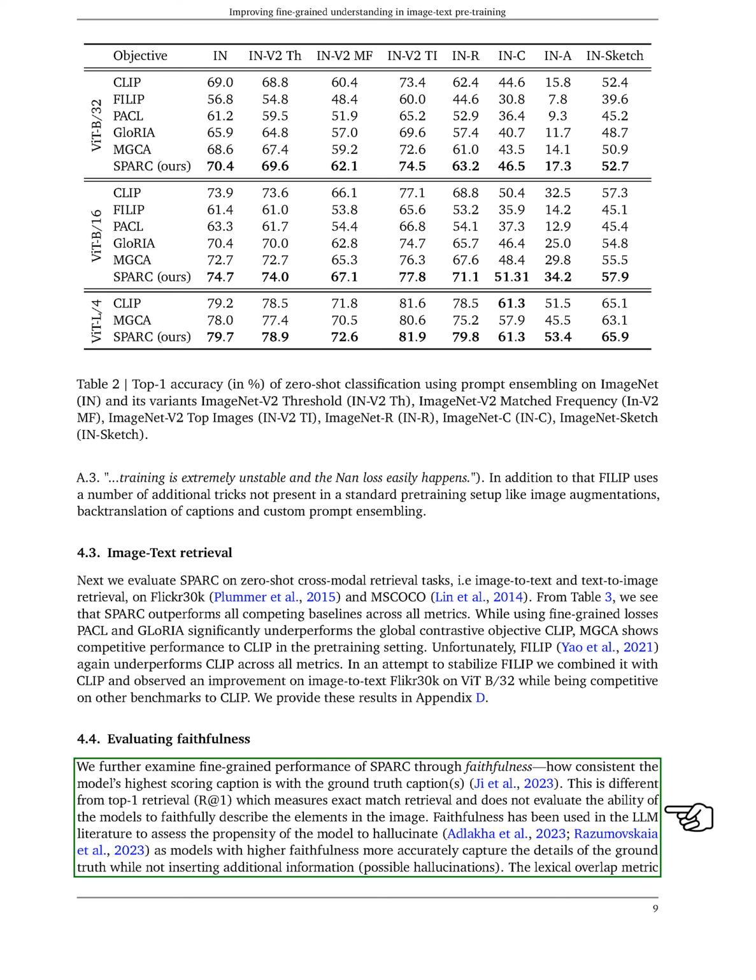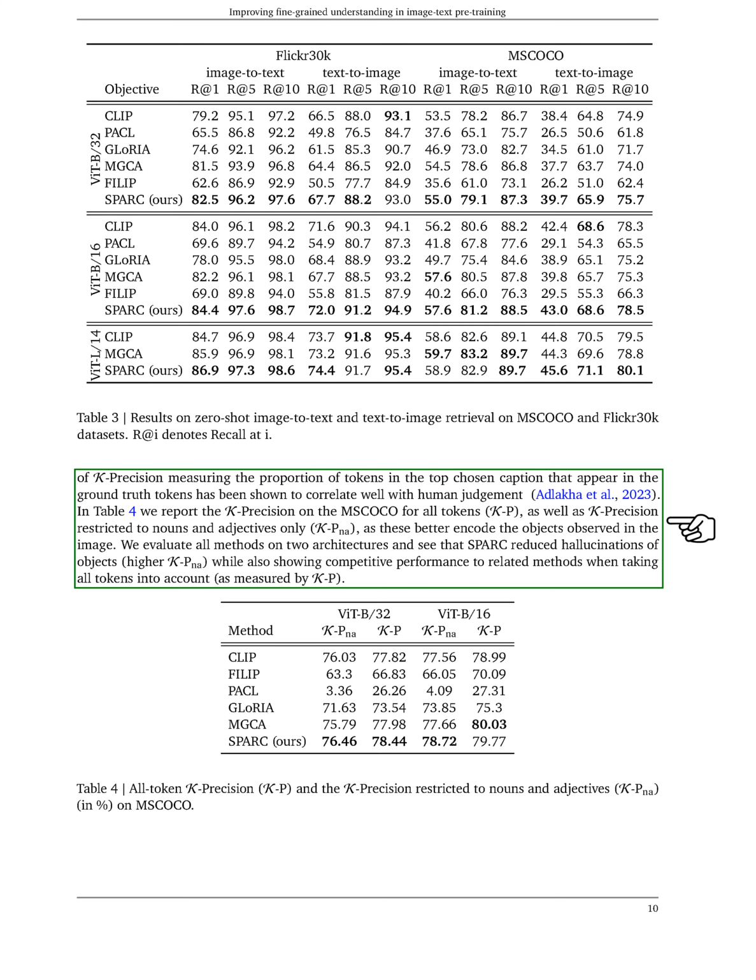Finally, we assessed the fine-grained performance of Spark through a measure called faithfulness, which evaluates how consistent the model's highest-scoring caption is with the ground truth captions. This is different from Top 1 retrieval, which measures exact match retrieval and does not evaluate the model's ability to accurately describe the elements in the image. We found that Spark reduced hallucinations of objects while also showing competitive performance to related methods when taking all tokens